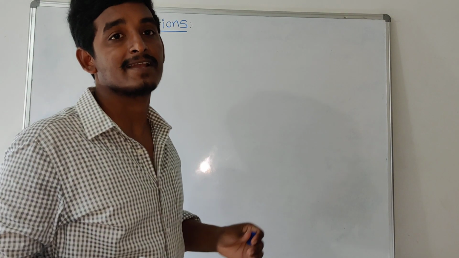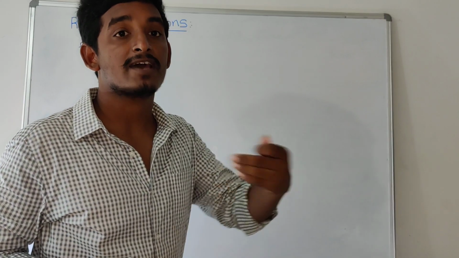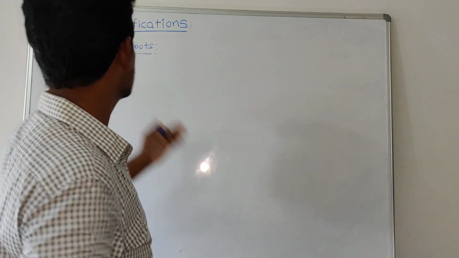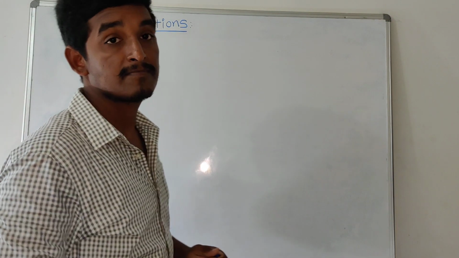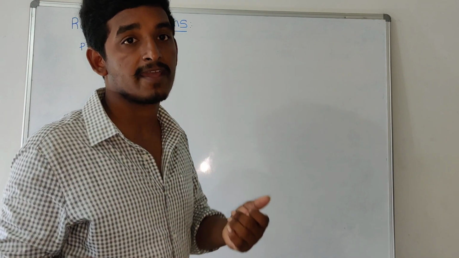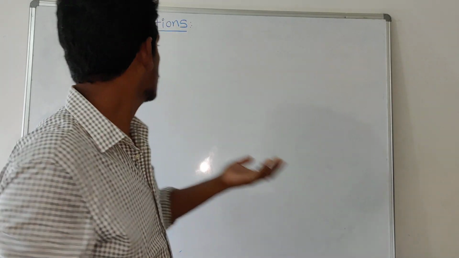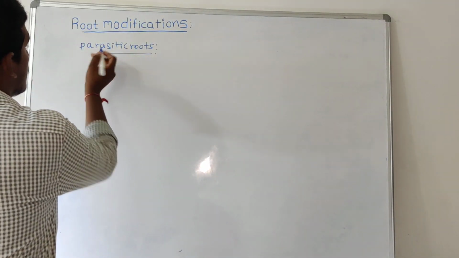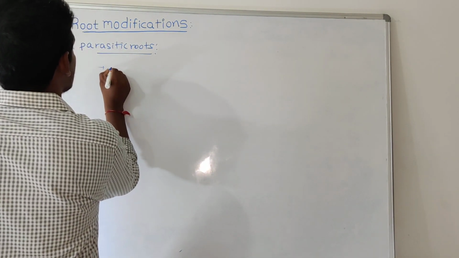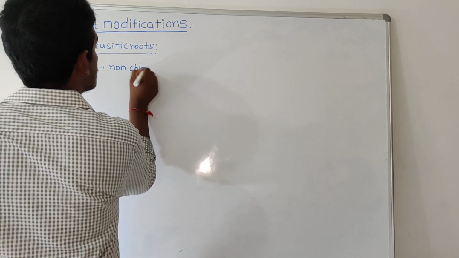What is the meaning of parasite? Parasite means those that depend on other organisms, so we call them parasites. Here the roots are also parasites, meaning they depend on other plants for the purpose of taking food material or water, sometimes both. Based on that, we call them parasitic roots. These roots do not have chlorophyll, so these are non-chlorophyllous